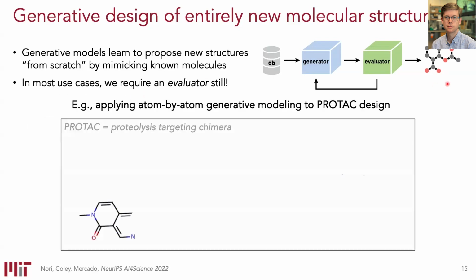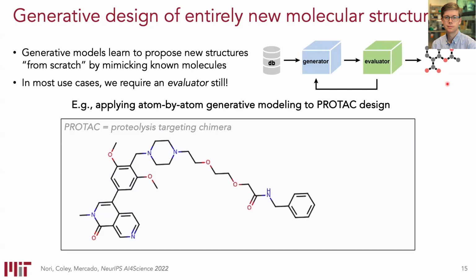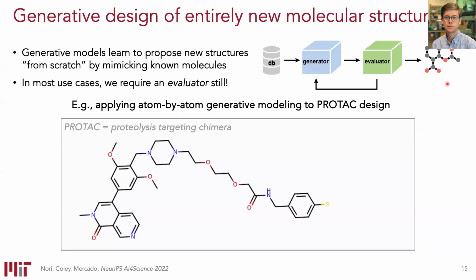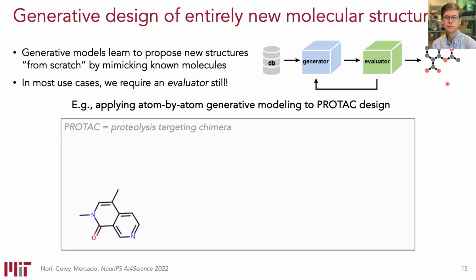But if we have that kind of feedback, we can build a number of different types of generative architectures to invent new structures. This animation is just showing one model that thinks in terms of graphs, building up atom by atom a molecule that's predicted by this separate function to potentially be a protein degrader. Now, is that a good property predictor? Potentially not. But given that property prediction, this generative model is inventing structures that it observes to optimize it. And so this is fun. I think it's fun, at least.